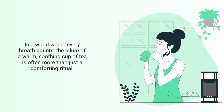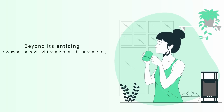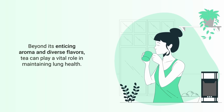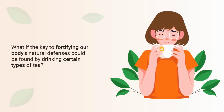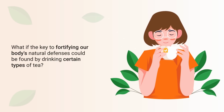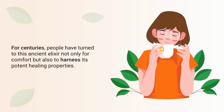In a world where every breath counts, the allure of a warm, soothing cup of tea is often more than just a comforting ritual. Beyond its enticing aroma and diverse flavors, tea can play a vital role in maintaining lung health. And what if the key to fortifying our body's natural defenses could be found by drinking certain types of tea? For centuries, people have turned to this ancient elixir not only for comfort, but also to harness its potent